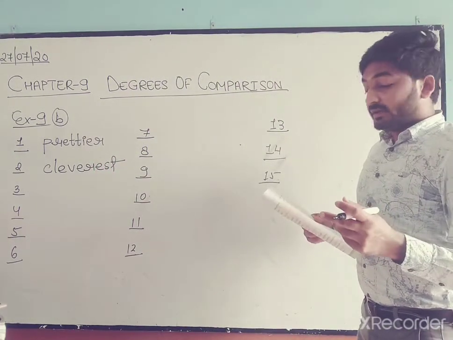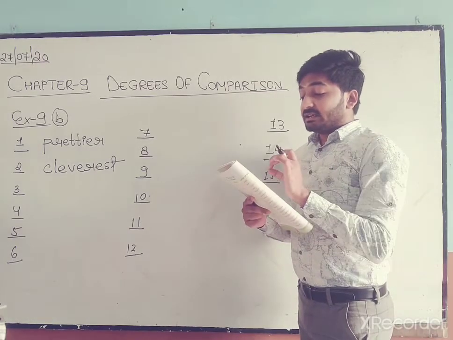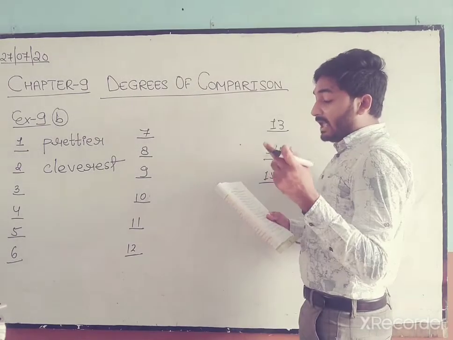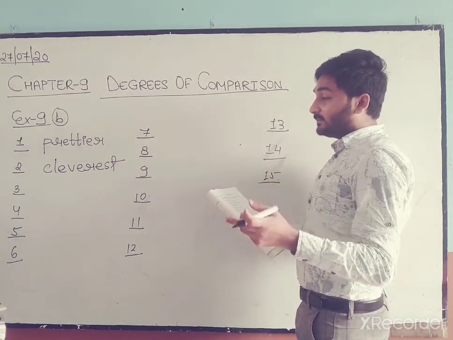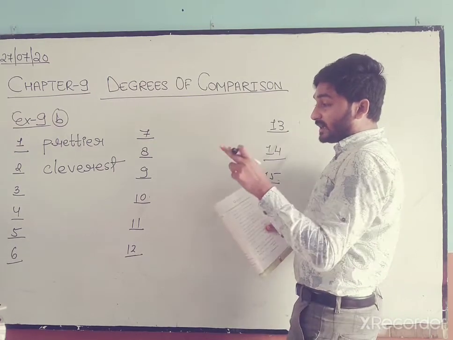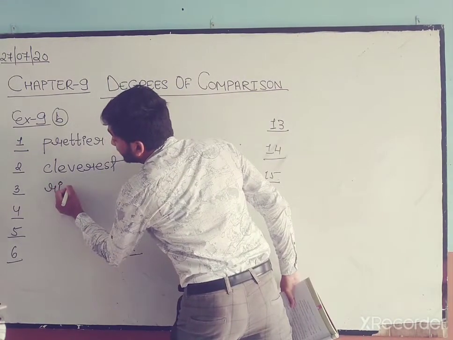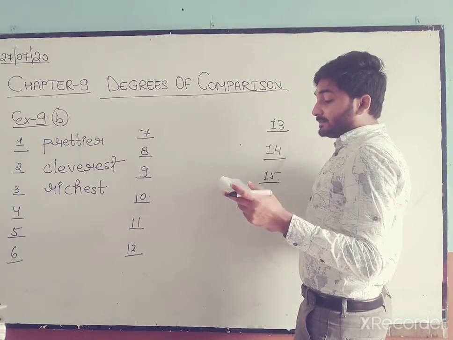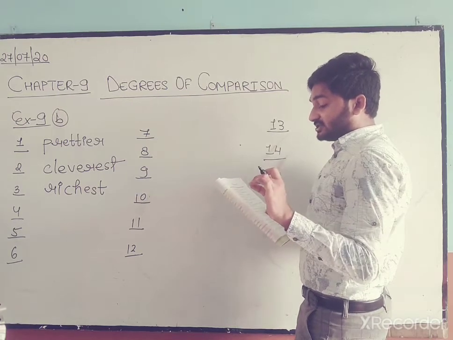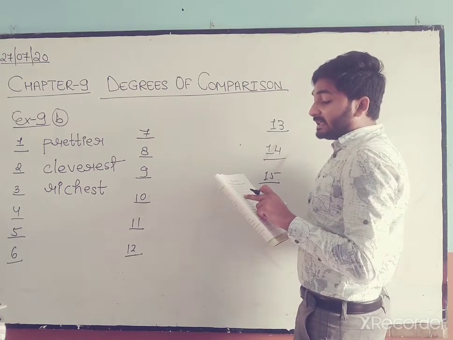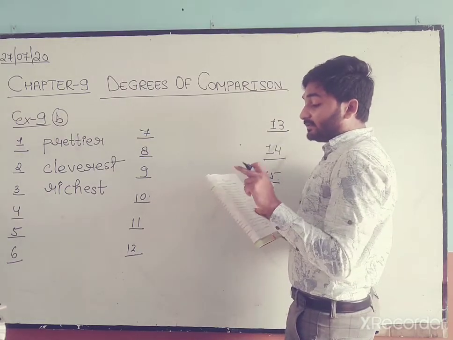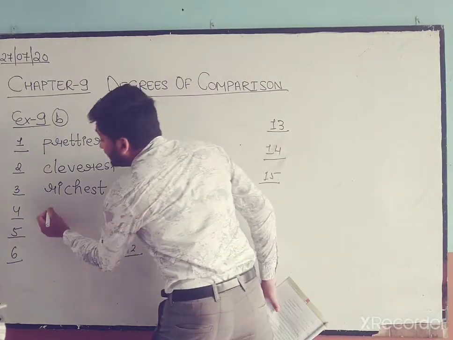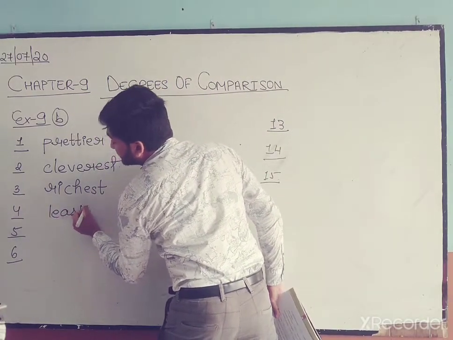Cleverest boy. Number 3, Mr. Graham is the dash man in town. The comparison is with the whole town, that means more than 2. And before the blank there is the. That means we will fill the superlative degree of rich. One syllable, that means est will be added. Richest. Okay. Number 4. This item cost the dash little, and before the blank there is the. That means it will be the superlative degree of little. That means this item cost the least, the lowest price.